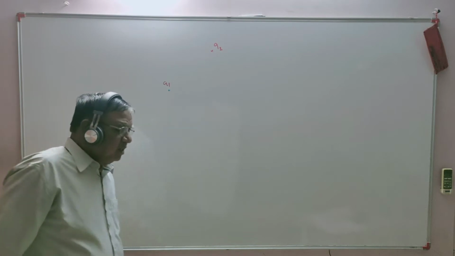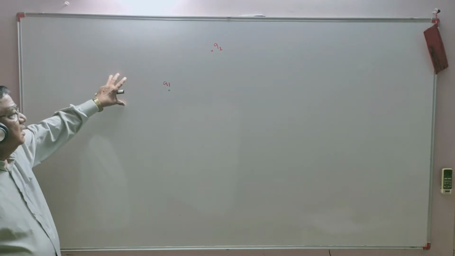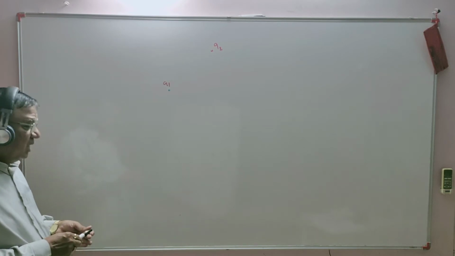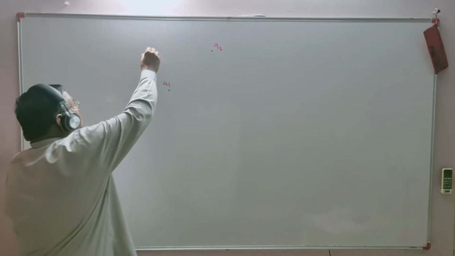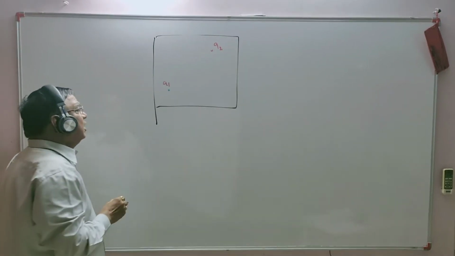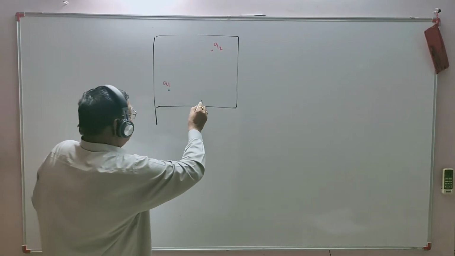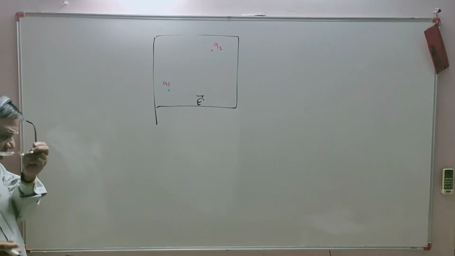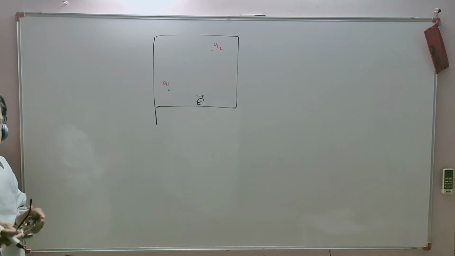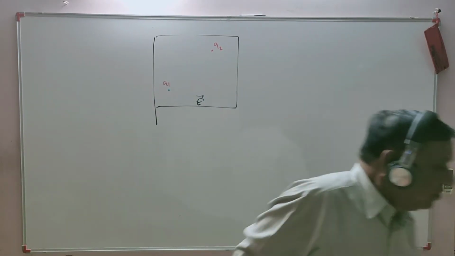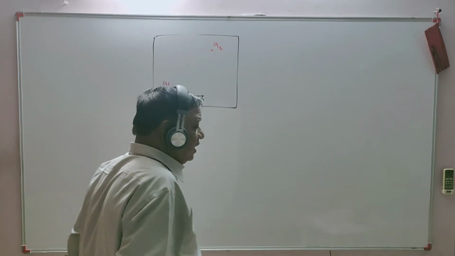Here we are discussing a system of two charges, but there is already an electric field in this region. So this is the space with an electric field, and we are discussing the potential energy of the system. Now see, suppose the field is E,